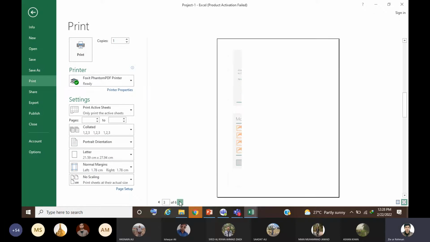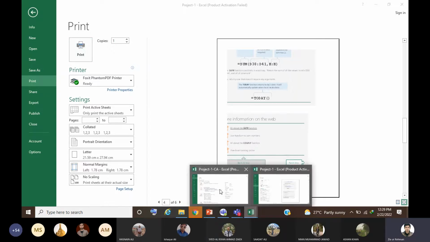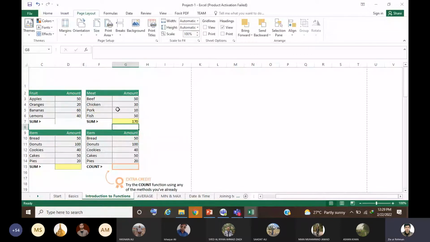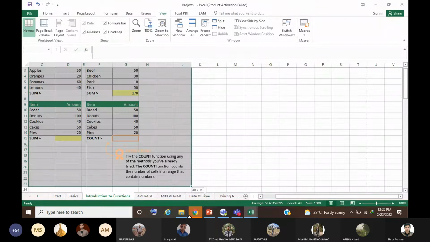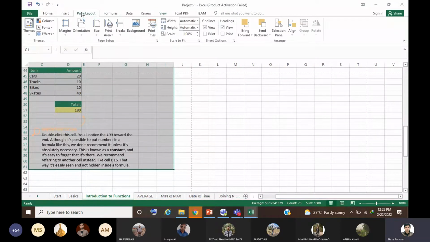So while printing any Excel sheet, you should always see what preview is coming, and based on that you should arrange your workbook. Let's say if I want to arrange it, page layout, set a print area.